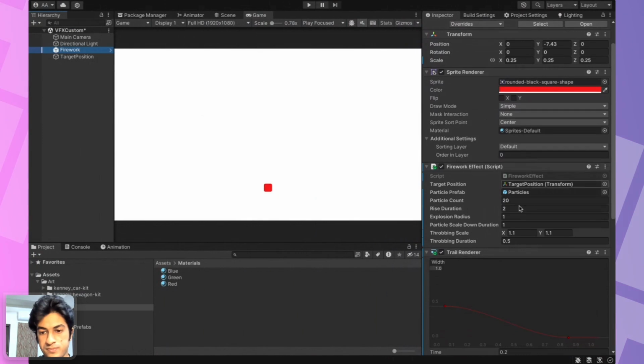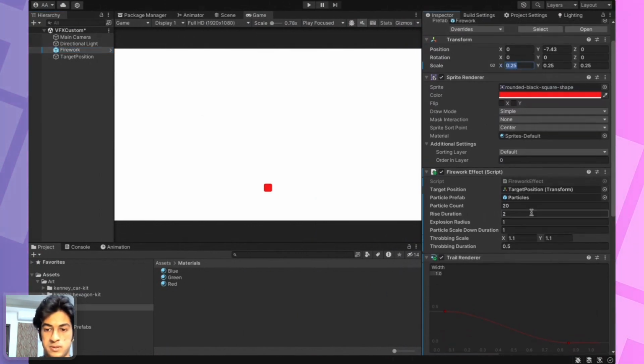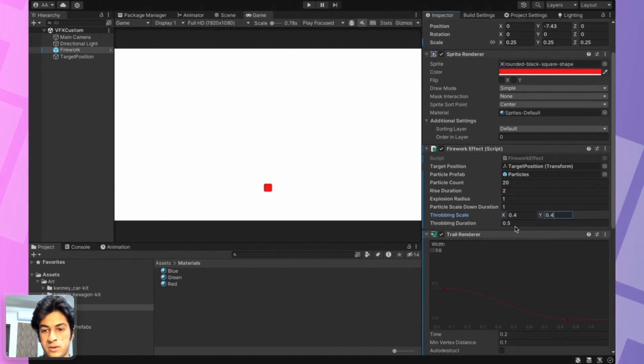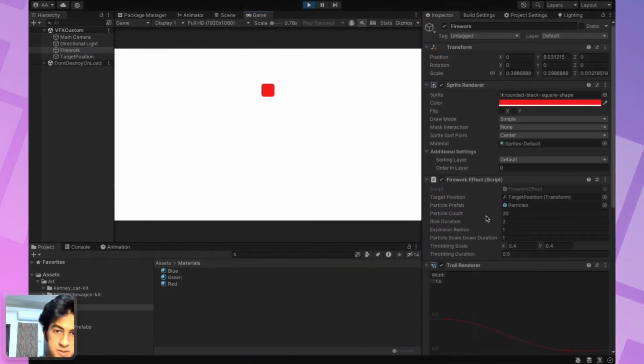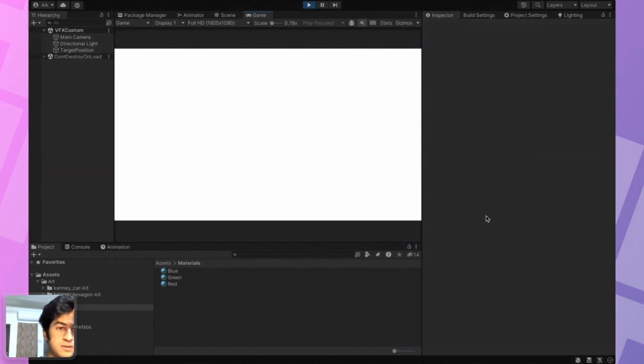Great. So we can set the scale for the throb. We reduced our scale, so let's modify this to, let's say, 4. And let's hope it works. Yeah, you can see the throbbing effect.